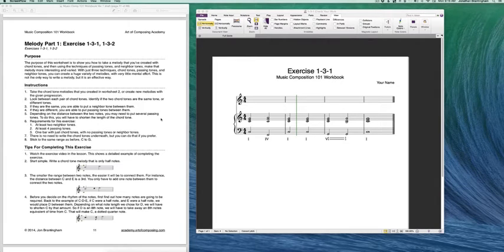However, what that does is that gets you to really think about what you're doing, where can you connect them. To have 4 passing tones in the entire melody, you could have multiple passing tones in each bar except for the 1 bar that has only chord tones, or you could try to do 4 passing tones in 1 bar by using something like a scale. So let's go ahead and